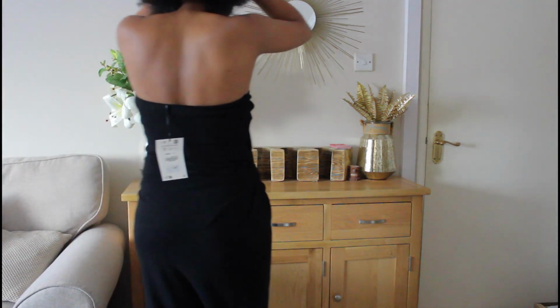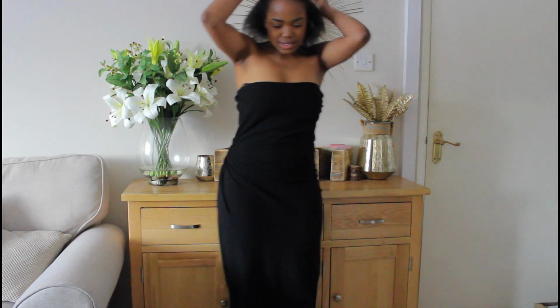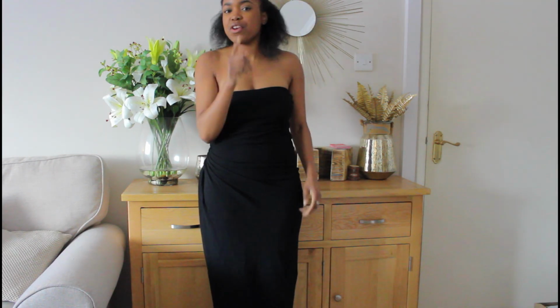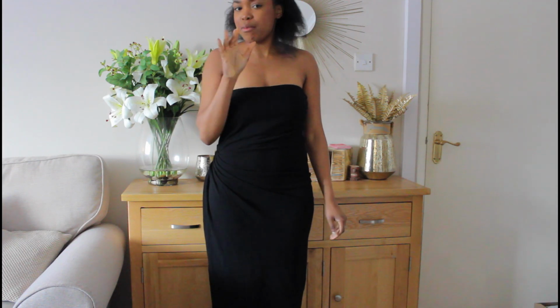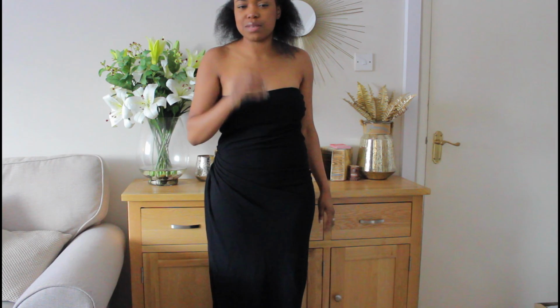This dress is one of Zara's Premium, and generally Zara Premium is alright, but have you noticed that the discounts are crazy? I would never buy a Zara Premium because in the sale, not all the time, it depends on the item, but sometimes you find them in the sale and a £100 dress is now like 30 quid or 20 quid, and you're like,